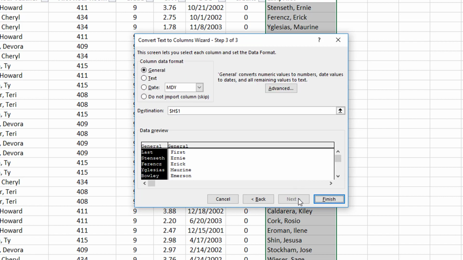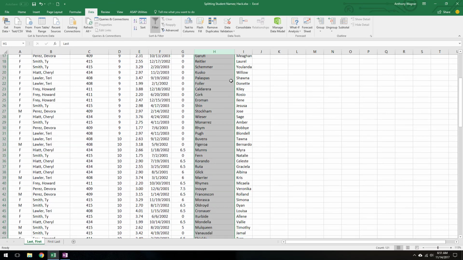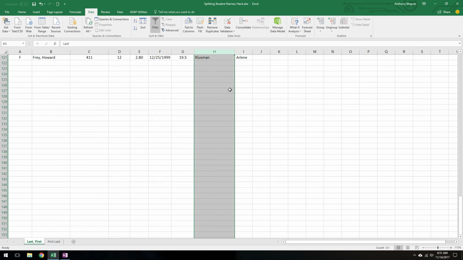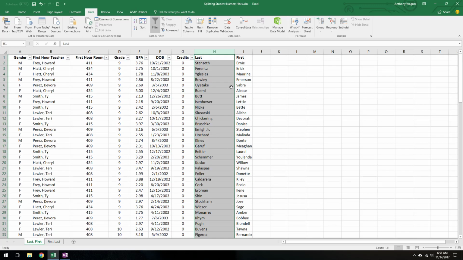And I'm going to hit next, and again, it gives me these options. I usually just skip it and go right to finish. And when I hit finish, you'll see that it splits up quite nicely. And I've got this list of student names all split up evenly. Great, we have our data split up now, but the only issue I would say is